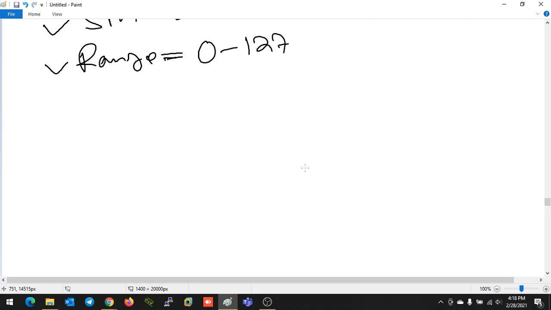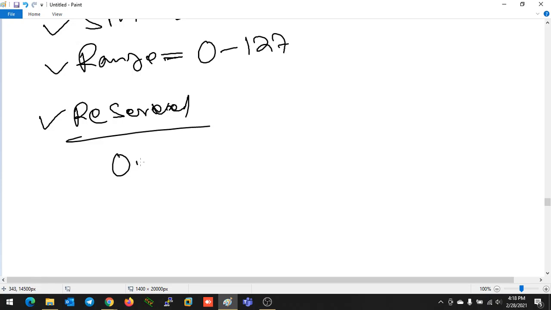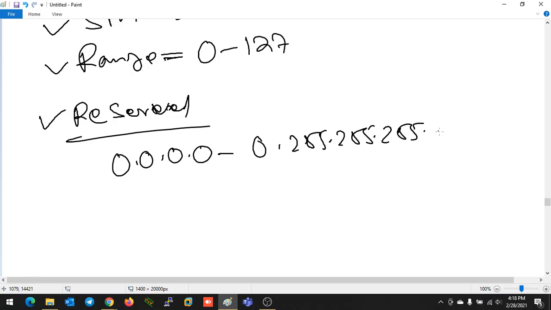The next thing, now we will discuss some reserved things. In case of class A, some IP address networks are reserved: 0.0.0.0 to 0.255.255.255.